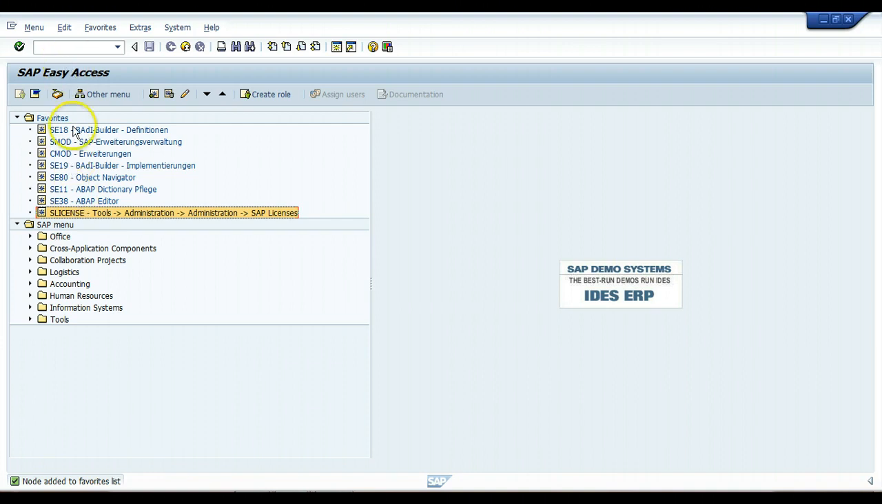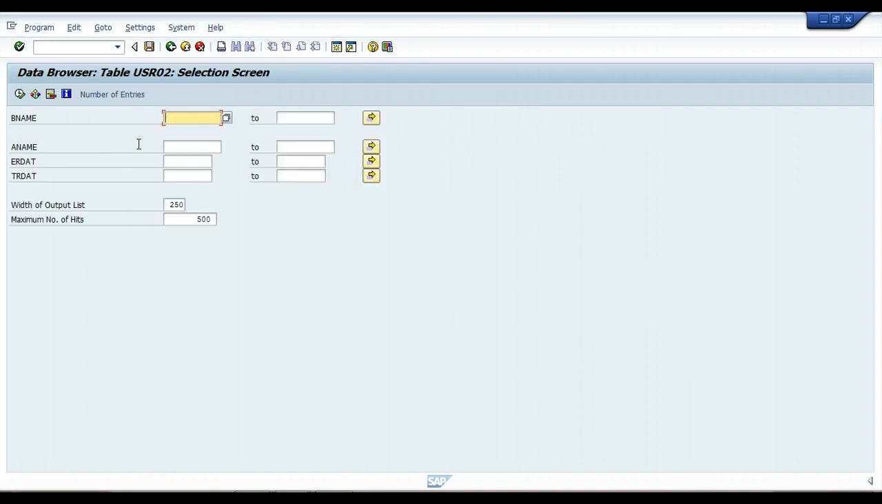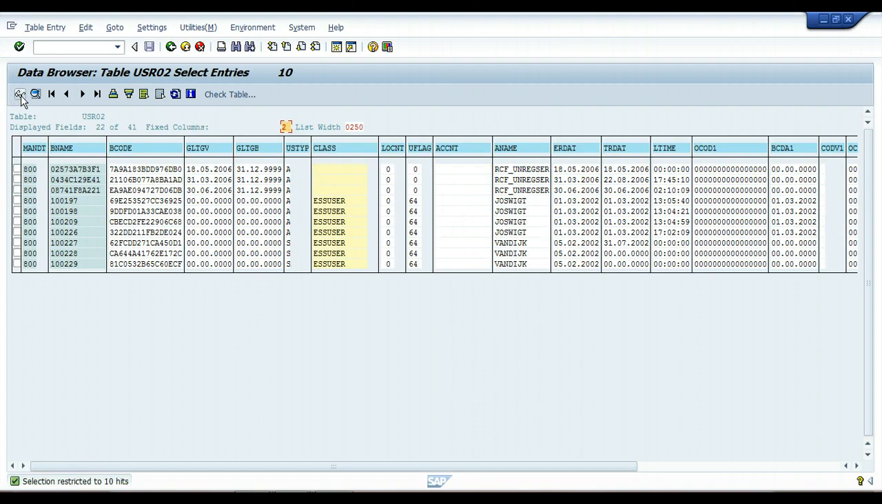Let us look at a particular report. SE16 transaction is to view tables. You just give the table name, for example USR02. You click enter, and maybe you want to look at the top 10 records. Execute,